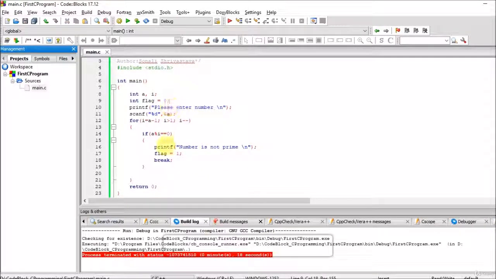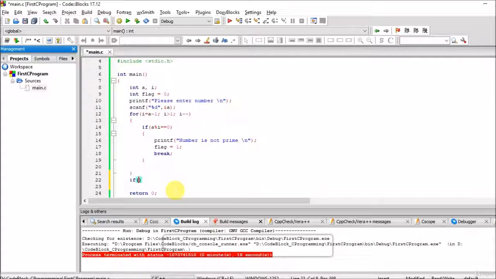What does it mean? See, why I'm doing this? Because when you pass the input as 6, so when 6 mod of 3 is equal to 0, you get this message printed, number is not prime. In that case, since my variable was 0, this becomes 1. So then since break is there, it comes out of the for loop. So guys, in this case, you got the message for number is not prime. So where is the message for number prime? That is the reason I'm putting this flag. So I will check here that if the flag is 0,